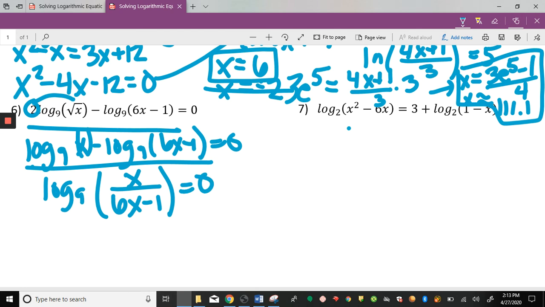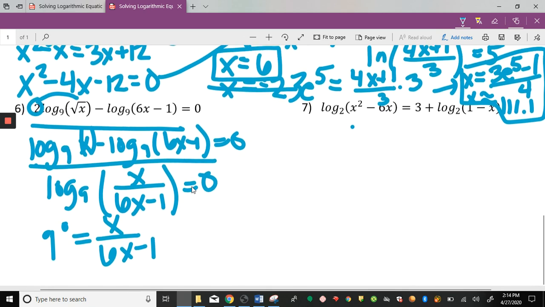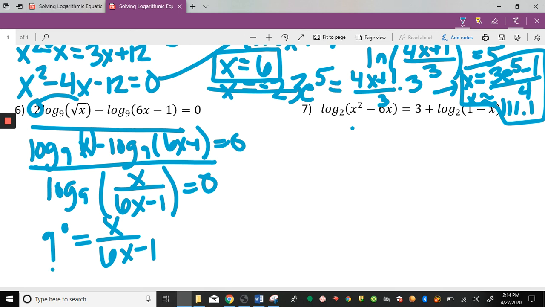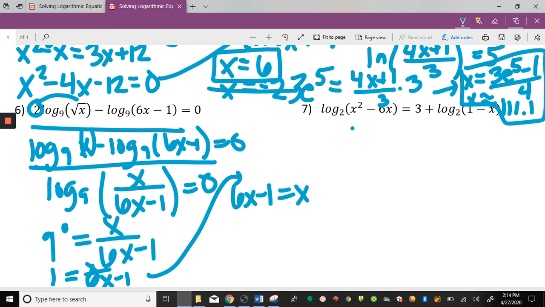Now, I don't have another log on the other side, so next take it back into exponential. 9 to the 0 equals x over 6x minus 1. Now what? So this is just 1, right? And so how do I solve this? 1 equals x over 6x minus 1. Well, if I cross multiply, or multiply both sides by 6x minus 1, I'll get 6x minus 1 equals x, and then just solve from there. So I would get negative 1 equals negative 5x. Divide